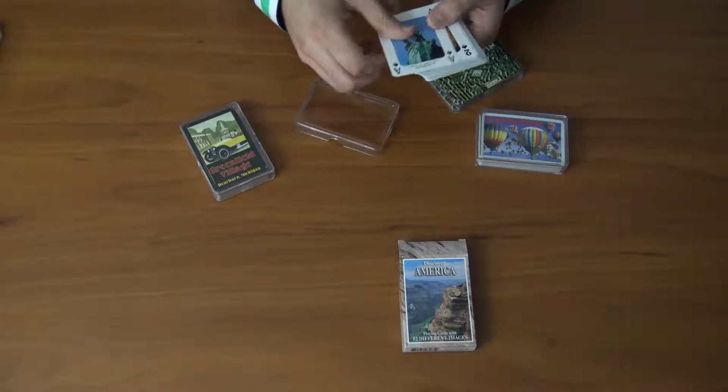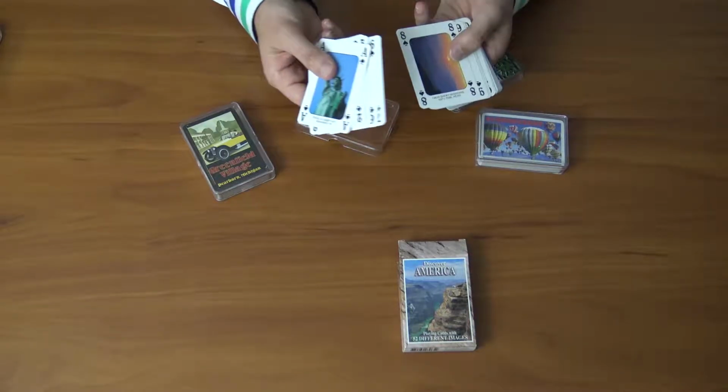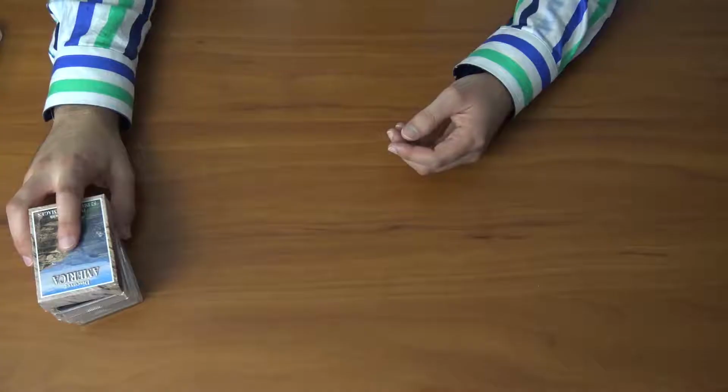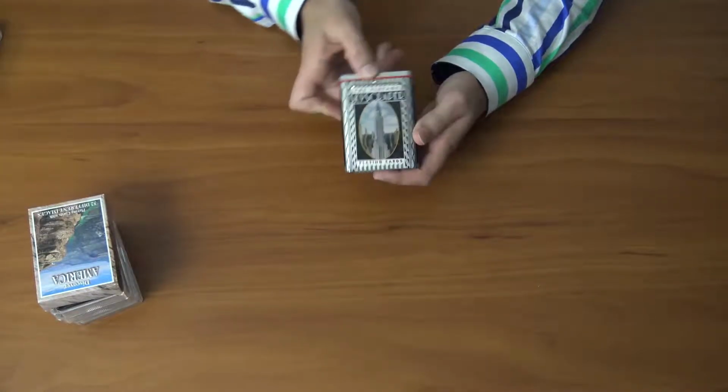Except for the 52 different pictures where they just slap a picture on each one, you know, like a postcard. I get it, not everyone's a design snob like I am, and the very nature of a souvenir is to be a little reminder of a fun trip you went on. It's sentimental, but as a collector, there's just something cheap and inauthentic about them, like a Gucci bag with Peppa Pig on it. But to the credit of some gift stores, there are some nicely designed souvenir decks, like this